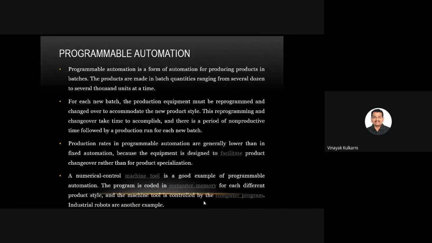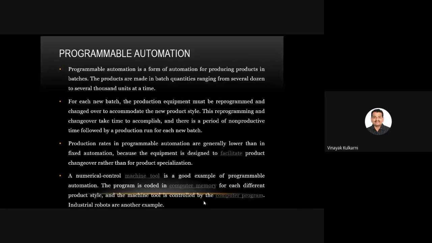If you see a CNC machine, there is a tool palette. So if I have to machine or drill a hole on one particular raw material, the drill bit is taken from the tool palette and it drills a hole. Then I want to end mill the edges of it. So again, the drill bit will go back and I'll have the end milling tool from the tool palette. It will come and do the end milling for me. Then I want to make a slot in between. Then a slotting tool will come. So I'll use the slotter and I'll start doing that.